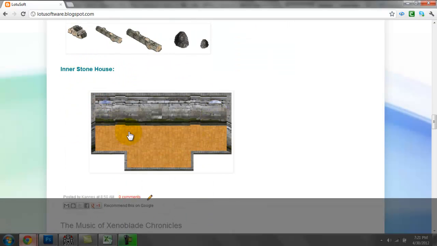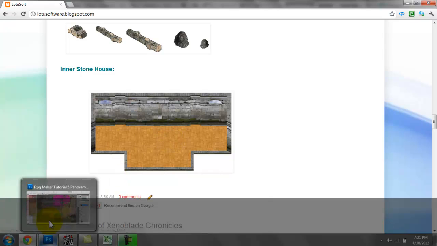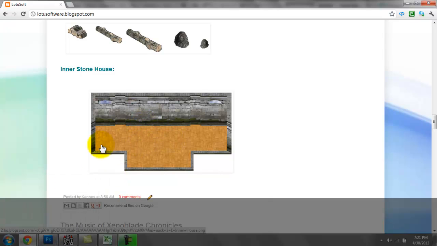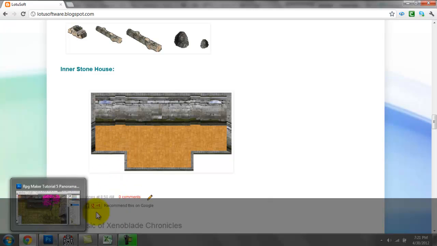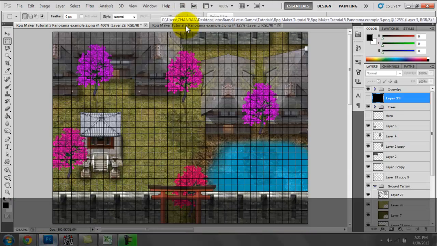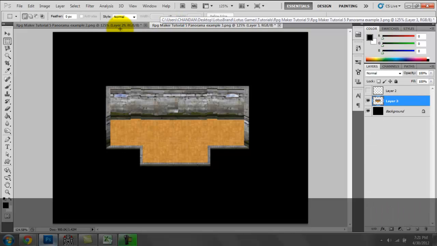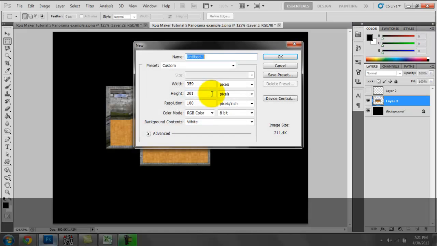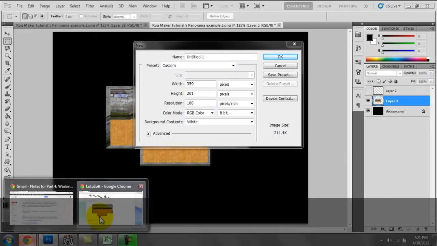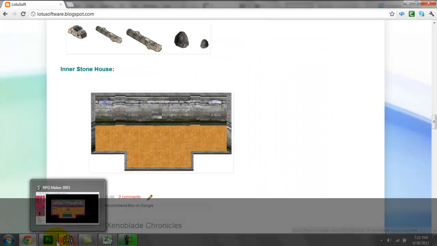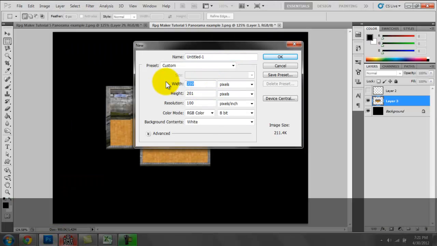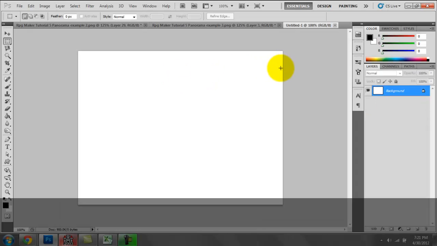this inner stone house picture that I have available. You can download it, use it, create it in Photoshop, whatever. What you want to do is copy this image, open up Photoshop, zoom out of this, and open up a new file, so Control N. And instead of this width, which is going to be the width and height of this image, what you want to do is create a 640 by 480 image, and you want to paste,